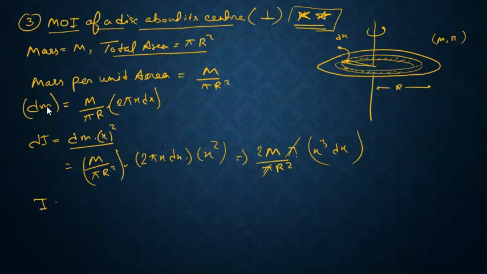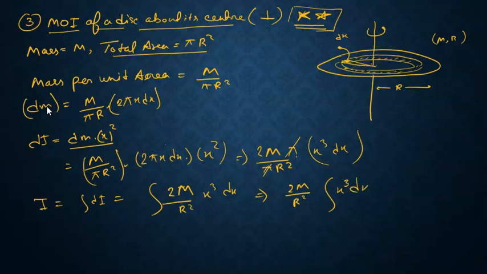So let's find the total moment of inertia, that is integral of dI equals integration of 2M by r square x cube dx, taking out the constant terms, x cube dx. And in this case we will integrate the element from 0 to r,